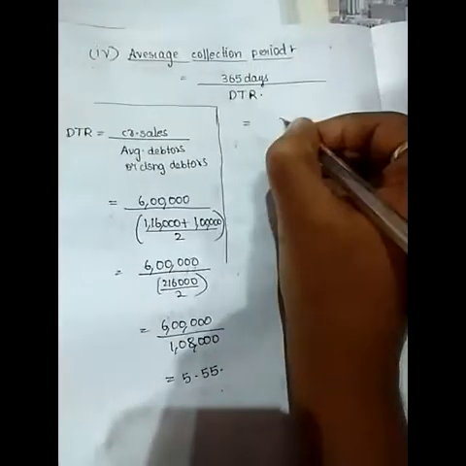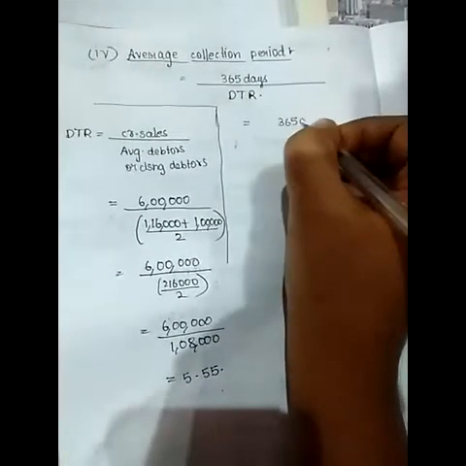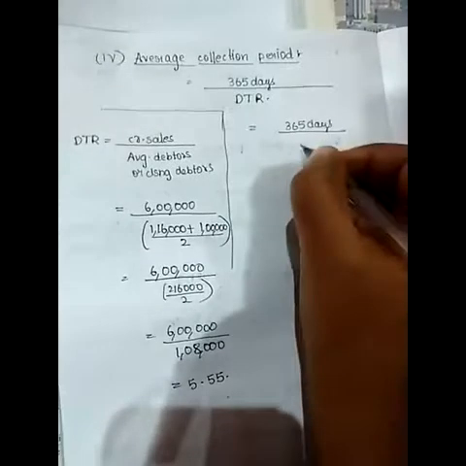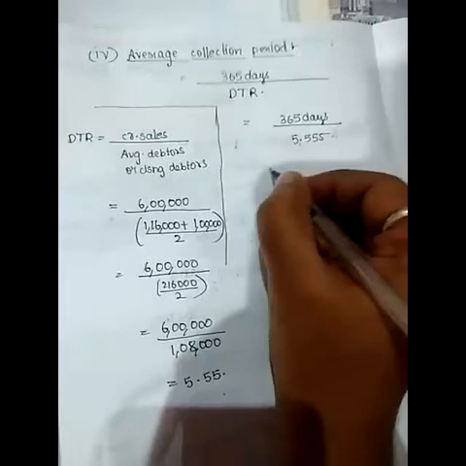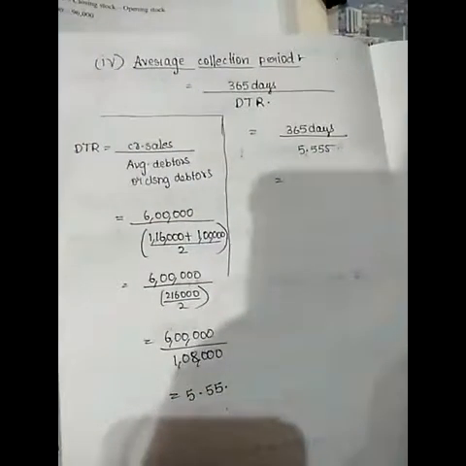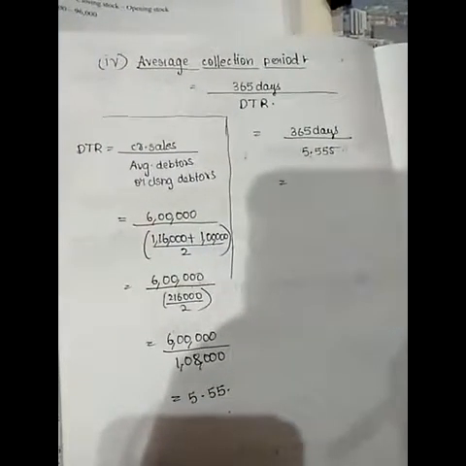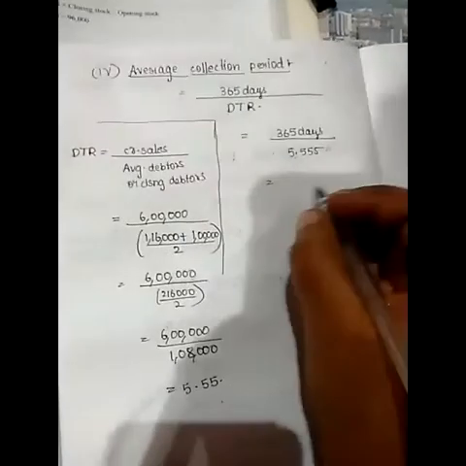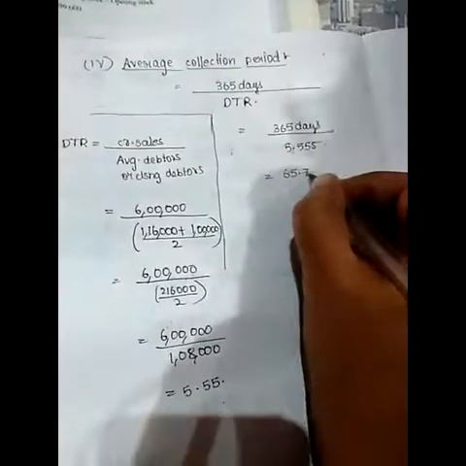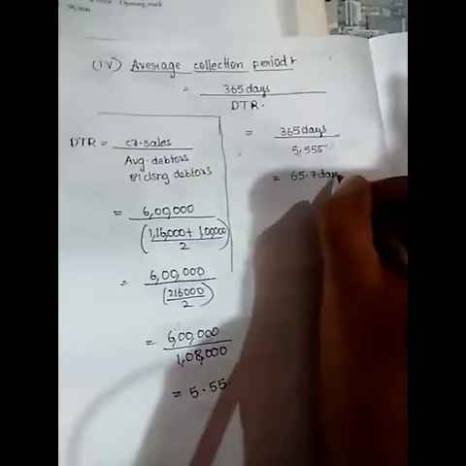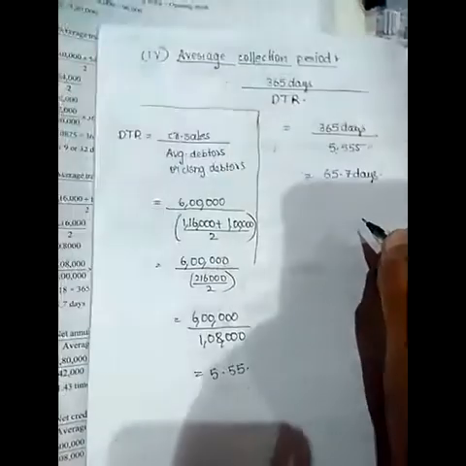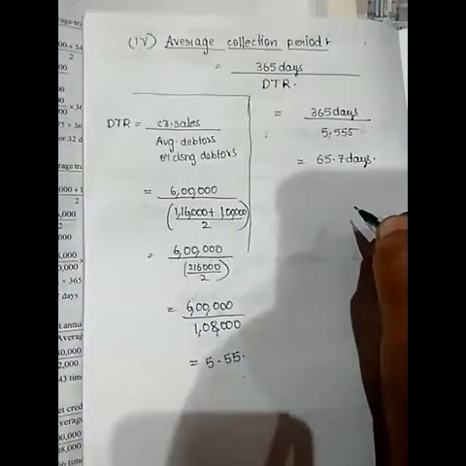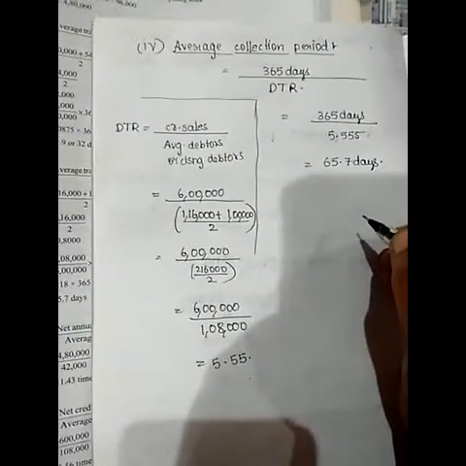So what will be my average collection period? It is 365 days divided by the debtors turnover ratio, which is 5.555 and so on. So divide it, 365 divided by 5.555. It is 65.7 days. Okay, like this we calculate the sum. I hope you all understood. And next we have to calculate